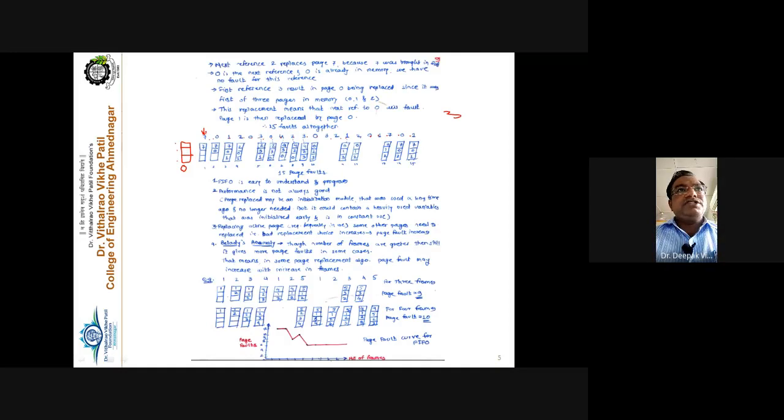The memory reference is made to page number 7, but 7 is not present in the main memory. The page fault occurs. This is called page fault number 1. And how to recover from the page fault? Bring that particular page inside the main memory. So this 7 is placed inside the first frame, and the page fault is satisfied, right? The page 7 gets loaded inside the main memory and the process continues its execution.